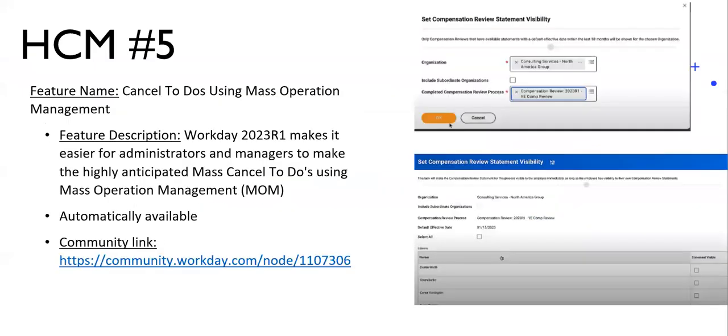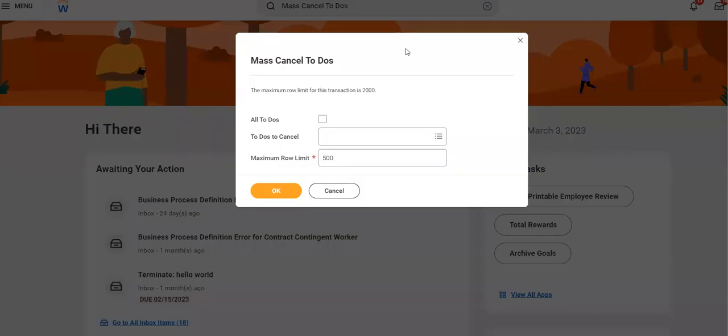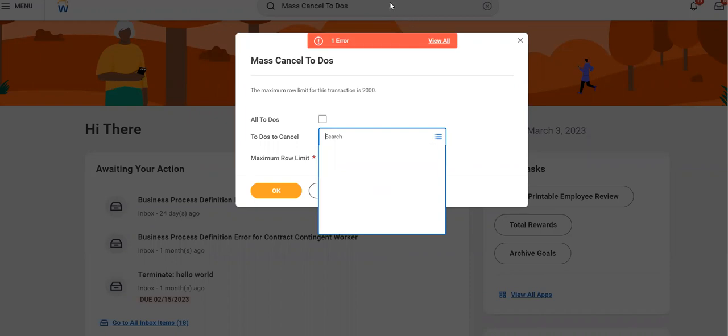Another update talks about canceling to-dos using mass operation management. This was one of the most awaited updates by Workday. Now here it gives you an option to mass cancel to-dos. So in case of a particular task,